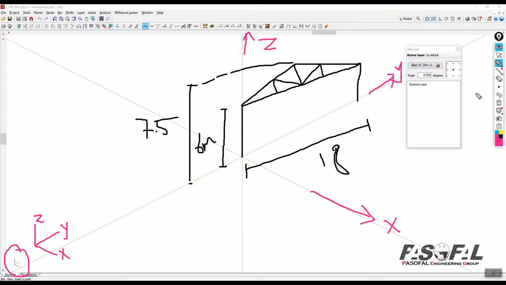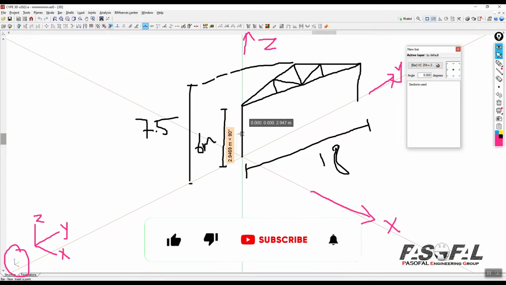So that's why we are going in this manner and using the reference line to create the structure. So you see here I just come here, okay, and then start. When you start this, make sure that you are exactly parallel to the Z axis, and it doesn't matter how much